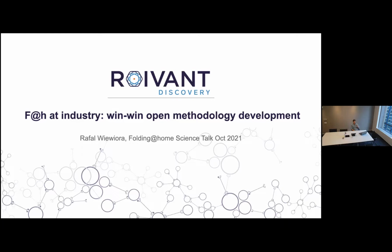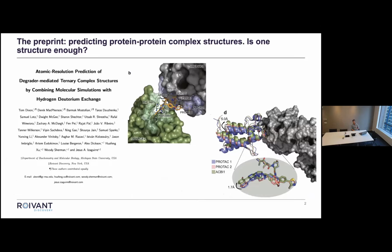So I'm going to show you a preprint on prediction of PROTAC protein-protein complexes. First disclaimer, I came onto this paper very late, so I'll show you just my contribution, but everything else and the gist of the paper I had nothing to do with. But it's a fantastic method. They used weighted ensemble